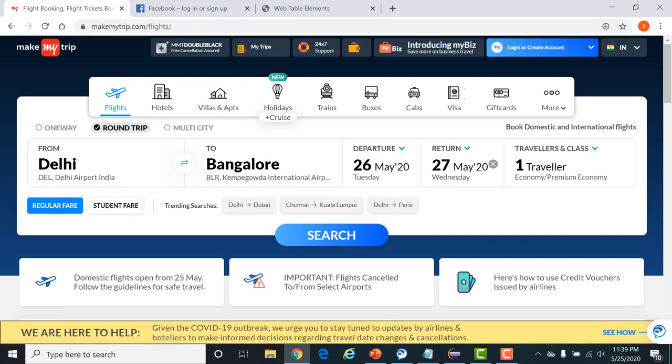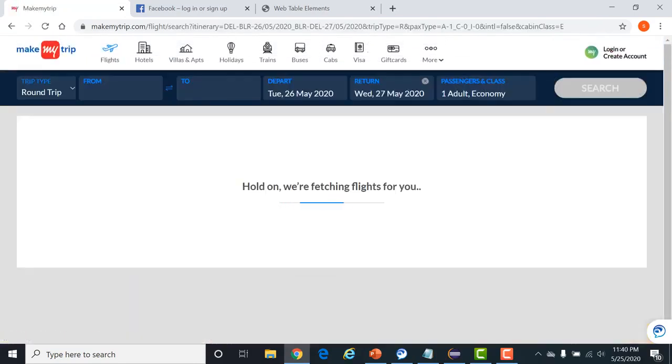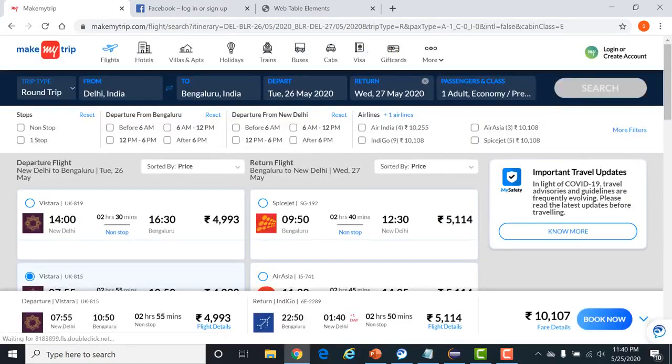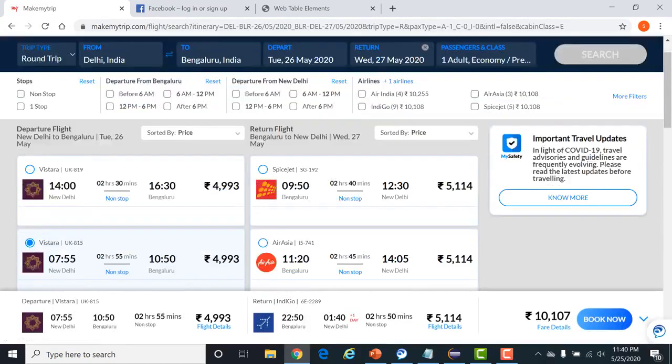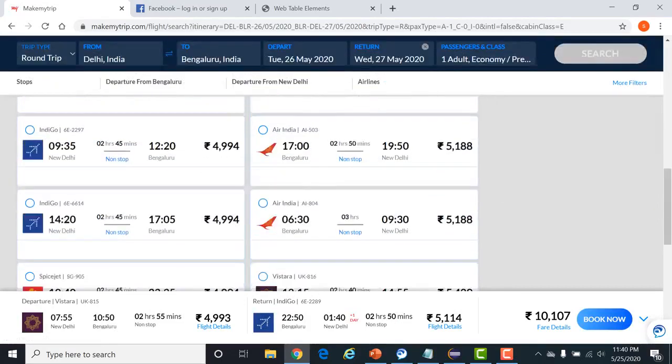But there is no surety that these will be displayed as they are. There might be a possibility that when you open this site tomorrow, the trains option or the holidays option is not available. So these are dynamic. Or you can see, whenever we are searching a particular flight, there are so many options given by MakeMyTrip for booking a flight.